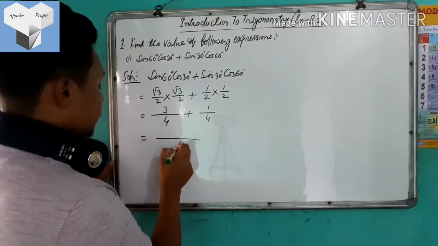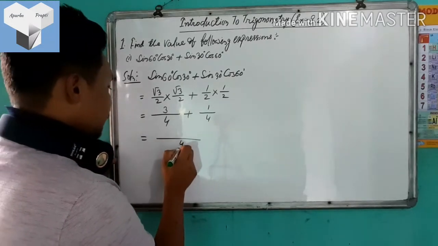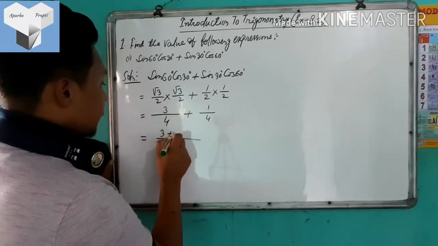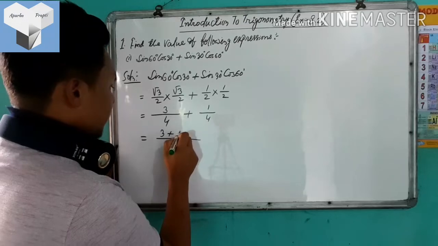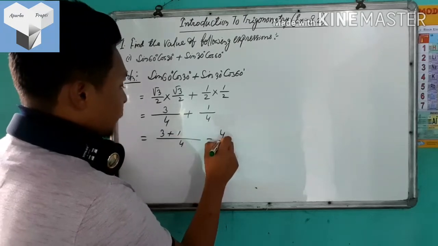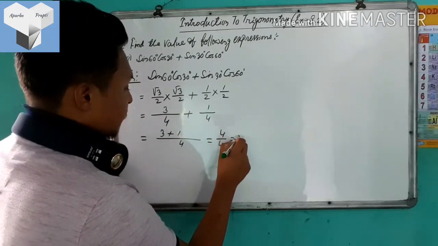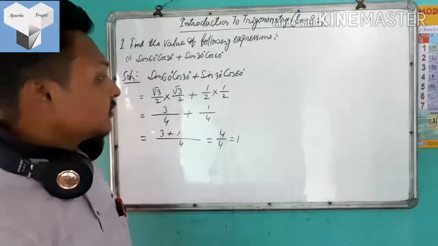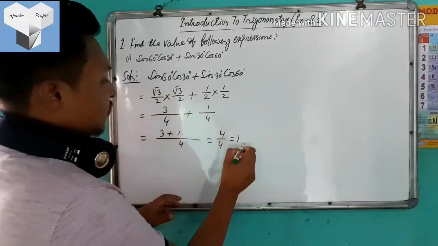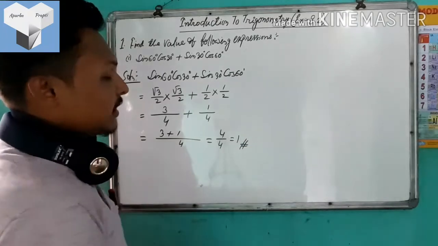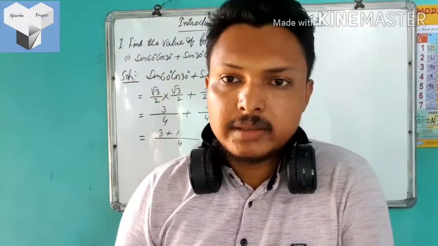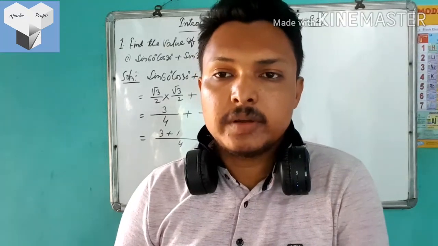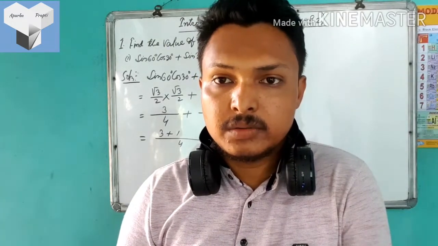Okay, so if we divide this 4 by this 4, then it will be 1 time. So 1 into 3 is 3, plus in the same way 1 into 1 is 1. 3 plus 1 is equal to 4, divided by 4, that is 1. So after simplification we have found that the value of this expression is 1. This is the required answer. And my dear students, questions number 2, 3 and 4 are left for you as your homework. So I shall do question number 5.